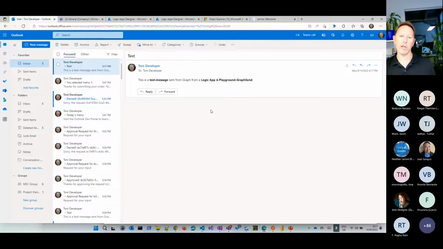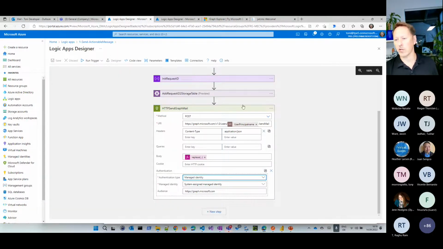So in logic app, it's in most cases very simple to use them. You don't have to take care of authenticating as a user, or you don't have to take care of that process yourself, what we did before with PowerShell, but you can use it simply out of the box with the connector, in that case with the HTTP connector.